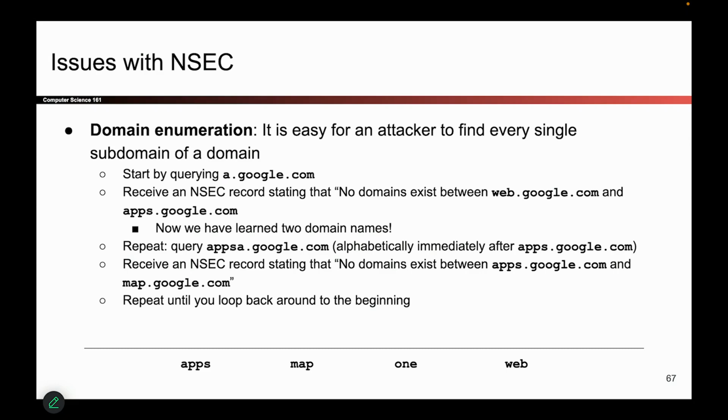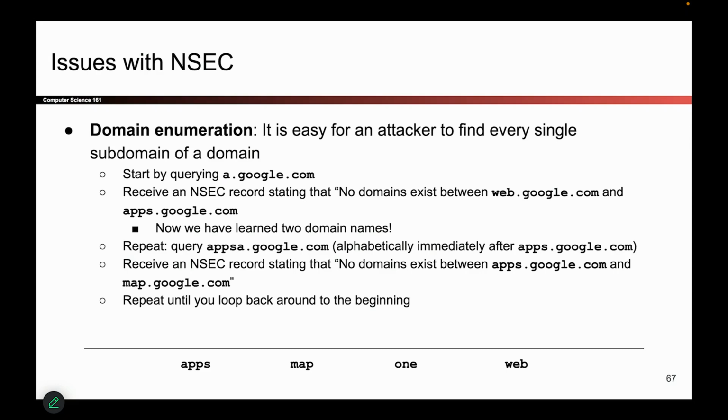So is this a problem? Is this an attack? Is this not an attack? Some people will argue that it is an attack because you're allowing the user to learn information that they should not have learned. DNS is not supposed to let you learn all of these subdomains, but this is a vulnerability that NSEC introduces. That's one possible idea. Other people will argue that this isn't a security vulnerability, because if someone does learn that apps.google.com exists, if you wanted to keep it private, you should protect that website with a password or name it something that's not so vulnerable or that's OK to be leaked.